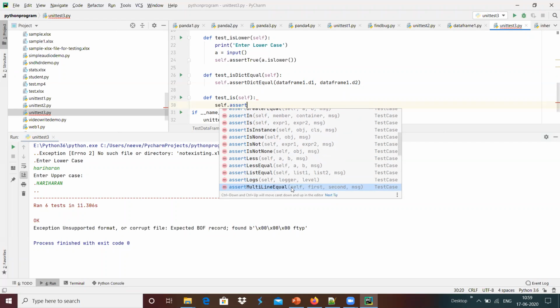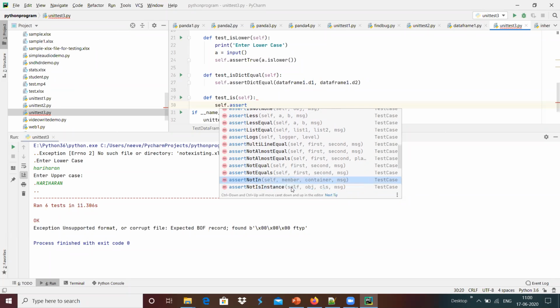And similarly we have multi-line equal, not almost equal, not equal, and not in. For example, if this member is not present in that container, this test case is true. If it is present, this test case is false over here.